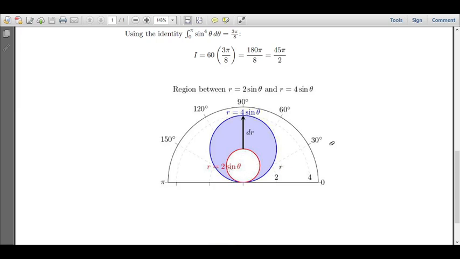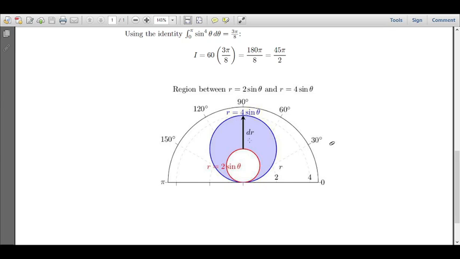r equal to 2 sin theta is a circle symmetric about the y axis with radius 2, and r equal to 4 sin theta is a circle symmetric about the y axis with radius 4. Now we want to calculate the area between these two circles, r equal to 2 sin theta and r equal to 4 sin theta. Now to find the r limits,